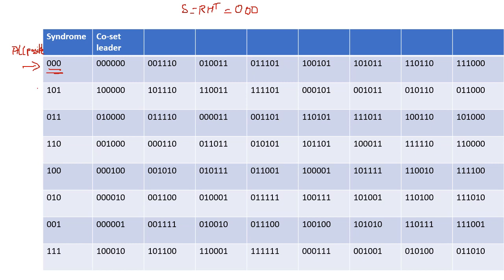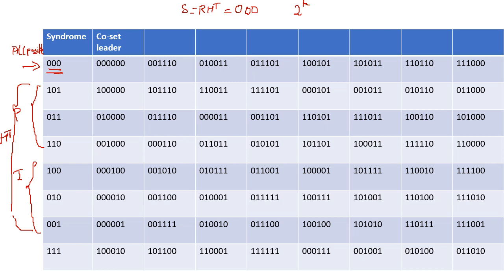Then this is nothing but your parity matrix. The next three elements will be your identity matrix. So basically this is your H transpose matrix. All these elements, P with the identity matrix, are your H transpose matrix, and we are going to write all the vectors of 2 to the power of k, all the possible vectors of 2 to the power of k tuples. So we are going to get 8 vectors, with 0 0 0 as the valid code vector, and 1 1 1 will be something else which we can tell is a 2-bit error.